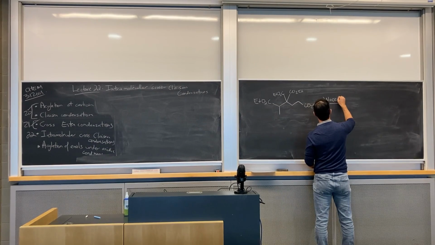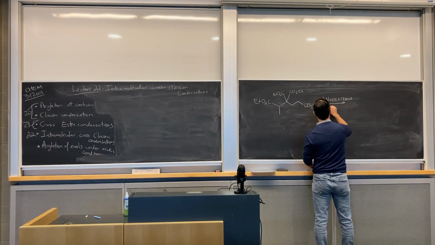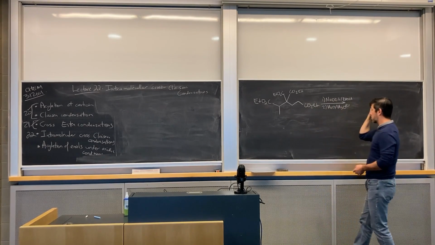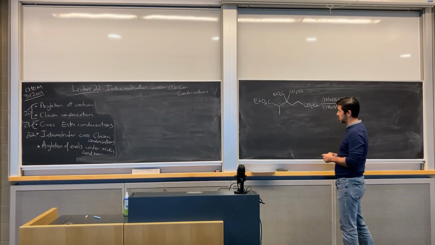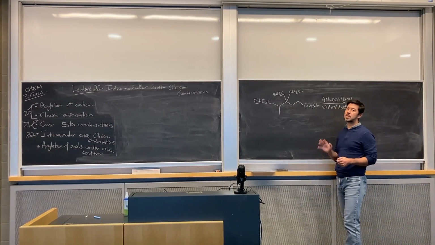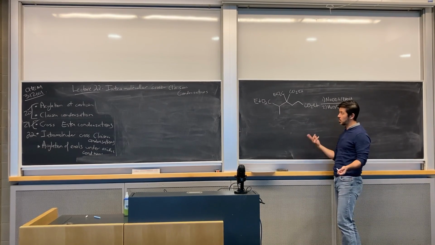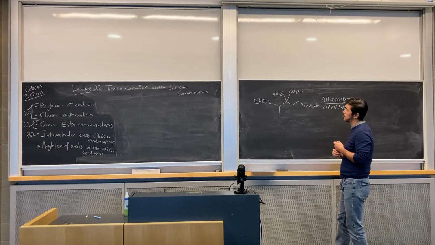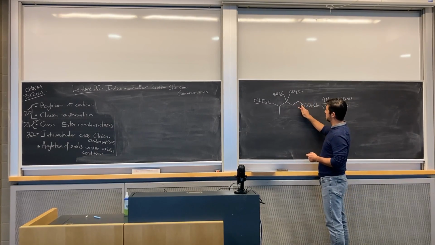If we treat this with sodium methoxide and ethanol, and then work it up, what is our intramolecular product going to look like? So let's look for stable 5 and 6 membered rings. So we're going to enolize and then it's going to react with itself. So where do we see acidic protons? So you can imagine you could enolize here at this position, and then this could react with one of the